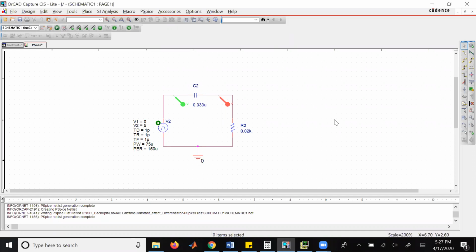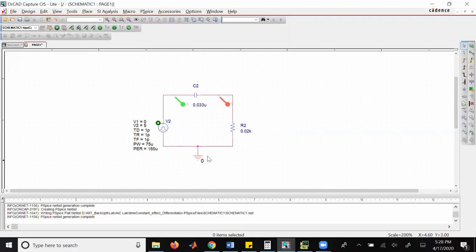Okay, let's see how we can evaluate the effect of time constant in case of differentiator, or we can see in case of in general RC circuit. So here I have drawn this simple RC circuit. Now let's say this is working. We know this is working as a differentiator. Now not for all the case of R and C value to work as a differentiator. It is going to work as a differentiator for certain values of C and R.